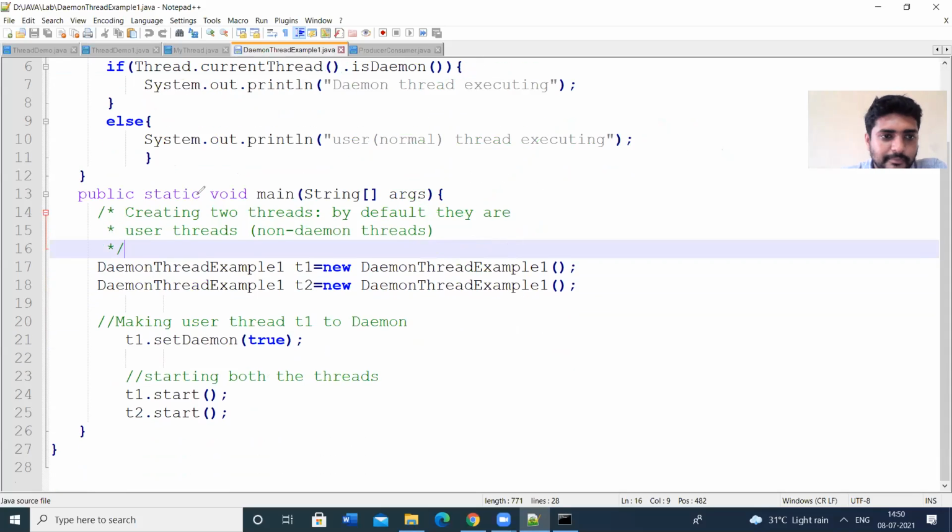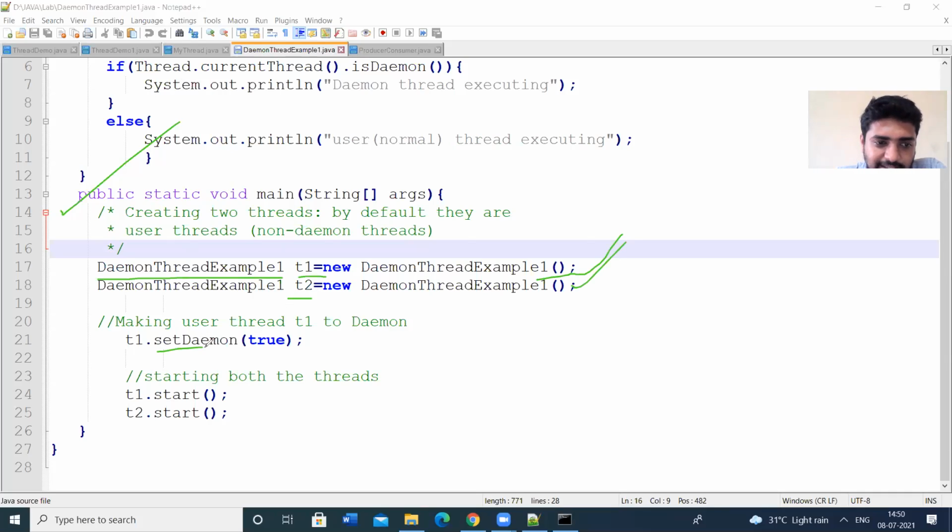This is my main method. In this I am creating objects T1, T2 of the type DaemonThreadExample class. This is the class name. This is a simple creation of the objects T1 and T2. Next, I am making my thread a daemon thread.